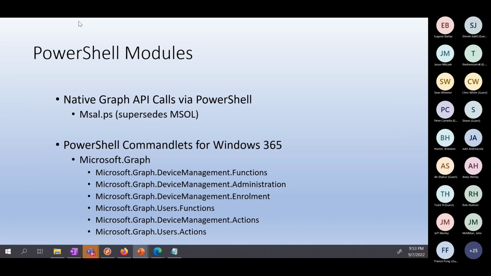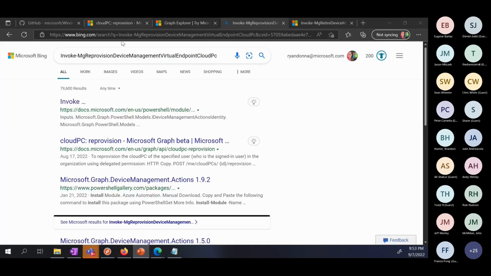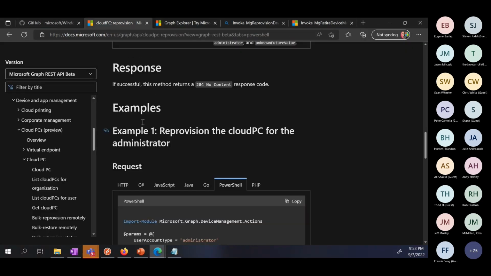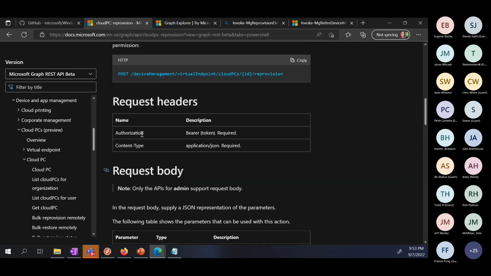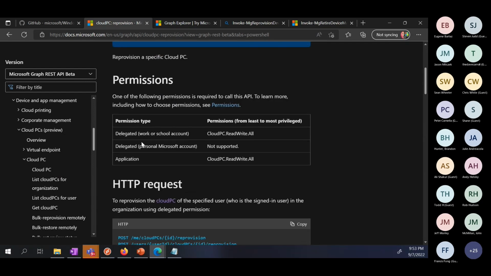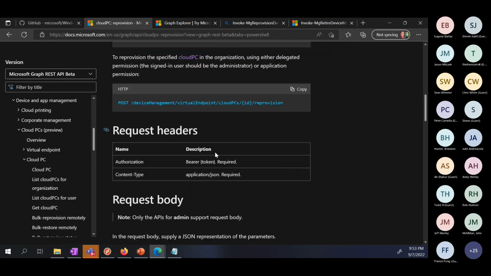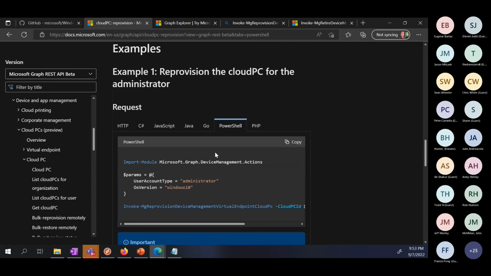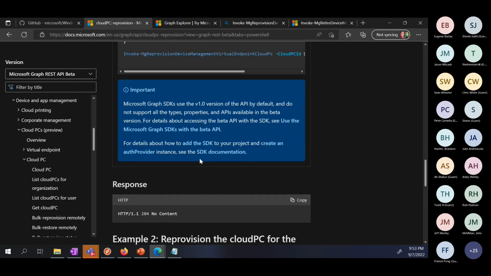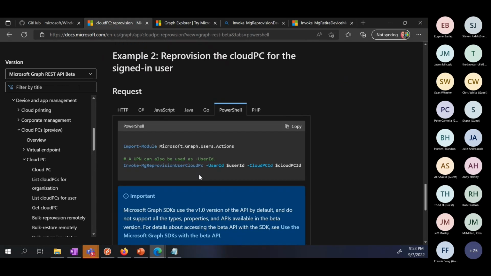What I've actually started doing in my scripts is, let's look at this one. It's got your permissions. I thought that it listed out the modules that were needed.